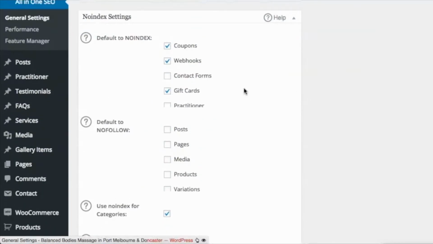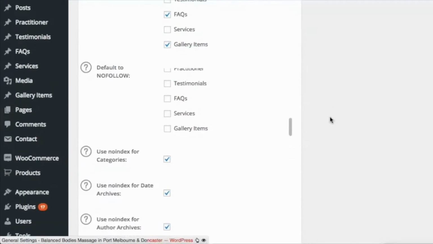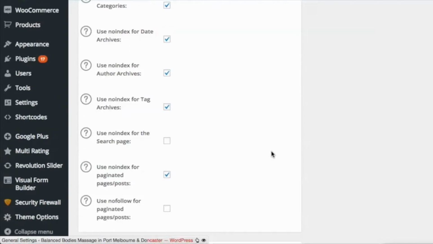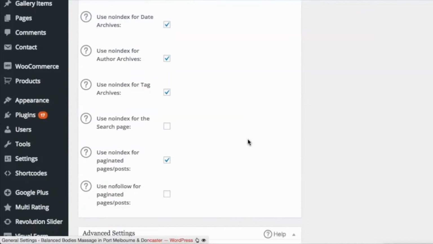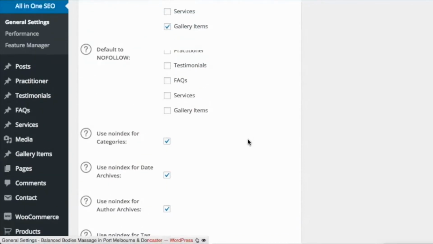So that's where we would just tick those to say we don't want them to be indexed. You can allow them to be followed, that's no problem, so we don't tick anything there. But then we come down here and we tick it so that we don't index the categories, the archives, the author archives, the tag archives, and we also don't index page 2, 3, 4, 5, and 6. And so just by ticking those boxes, you will actually get rid of a lot of duplicate content on your website, and it can significantly improve the rankings of the pages that you do want Google